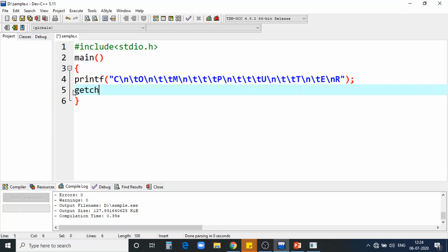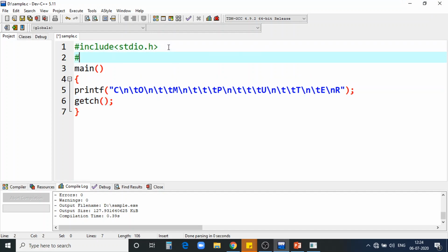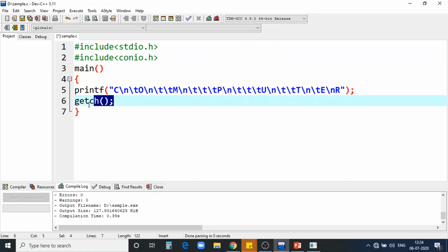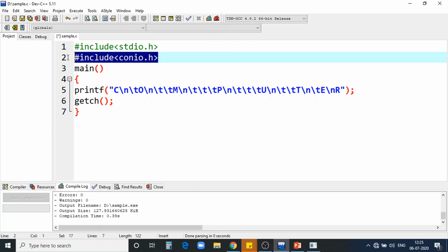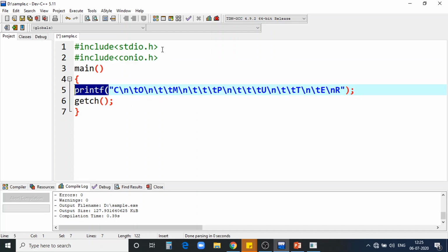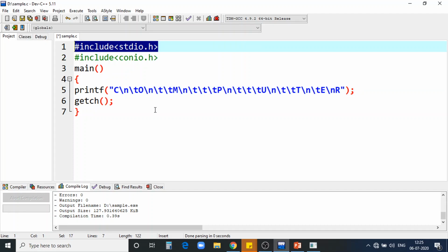If I want to use getch, I need one header file, console input output, that is nothing but conio.h. To use the getch function, I need this header file. To use printf, I need stdio.h.